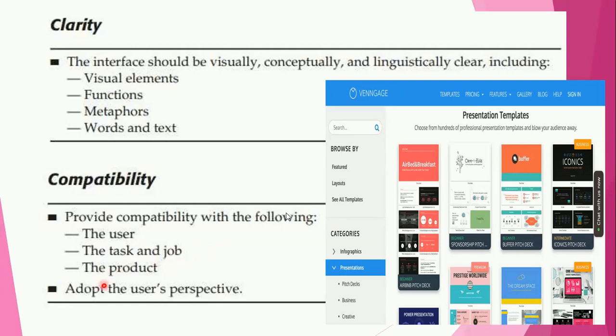Okay, so adopt the user's perspective. The next point is adopt the user's perspective. Effective design starts with understanding the user's needs and adopting the user's point of view.